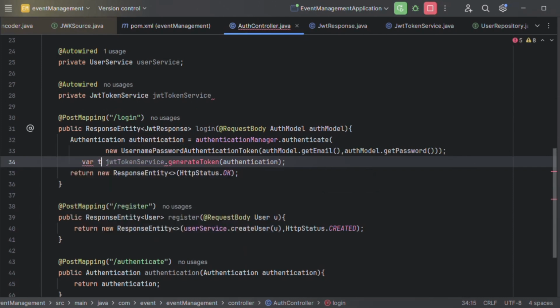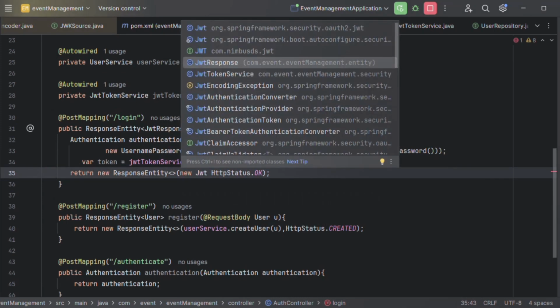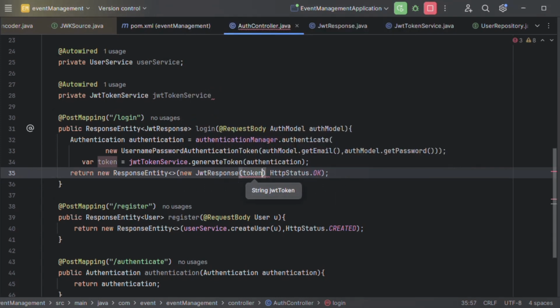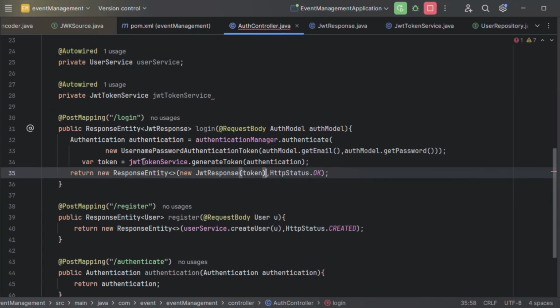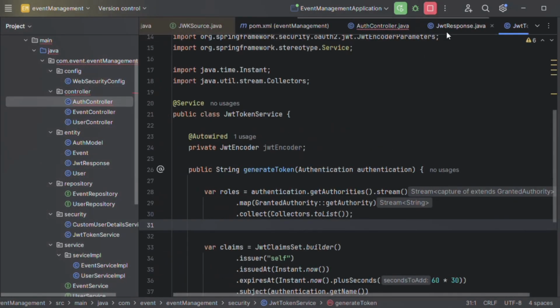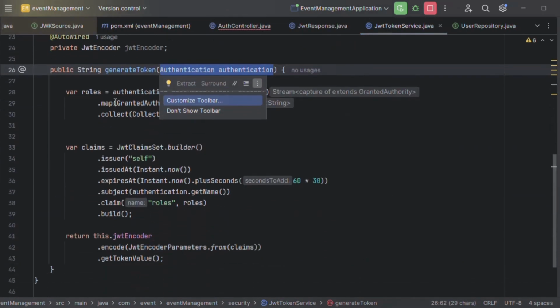Then this will return this token. This var keyword automatically detects the type of variable. Now we call the JWT response object and pass the token. So it will return the token as a string. This object basically gets converted into JSON and we get this JSON token.